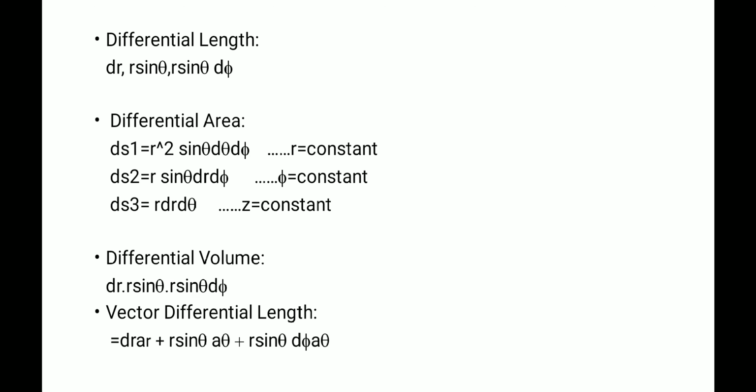Now let's see the vector differential length. The vector differential length is given by dr a_r plus r d theta a_theta plus r sin theta d phi